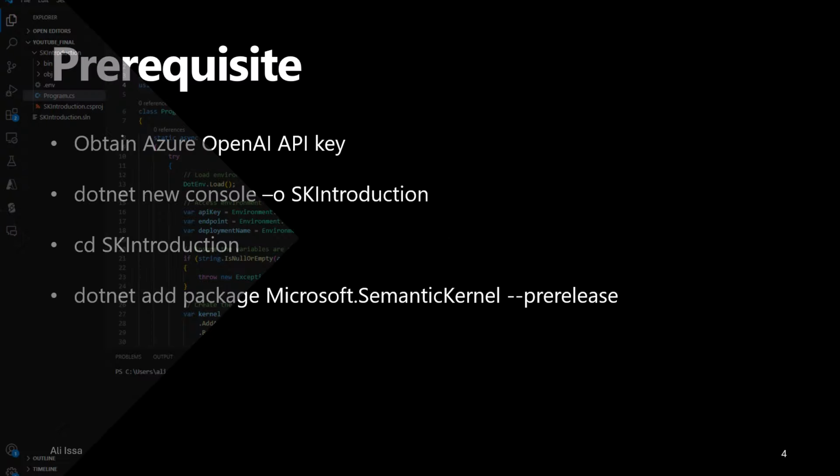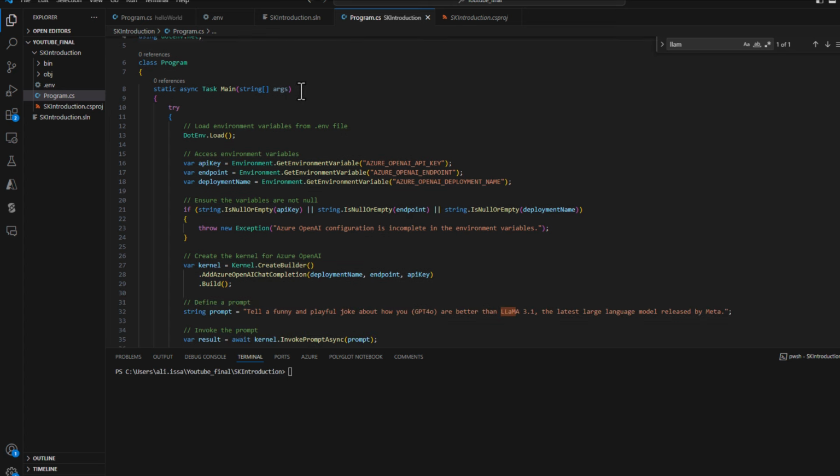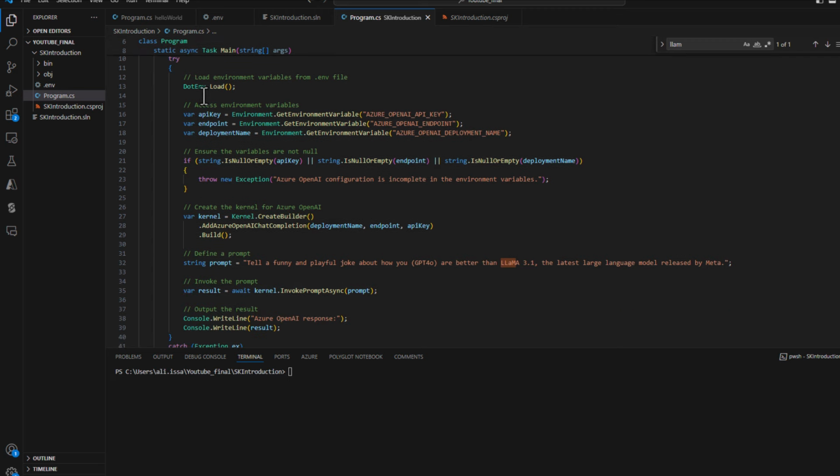Let's have a look at the code. Let's walk through this simple project step by step. First, we have our necessary imports. These give us access to the tools we need, including Semantic Kernel and the ability to load environment variables. And here we have our main method. We start by loading our environment variables using Env.Load, which reads my .env file and loads the variables into our application. In this file, I have defined the API key, the endpoint, and the deployment name of my GPT-4o model